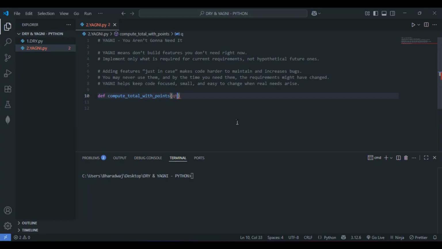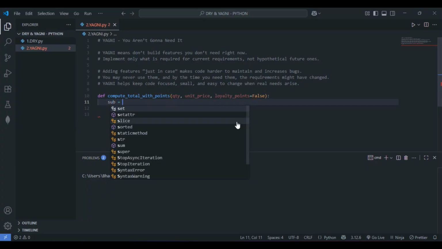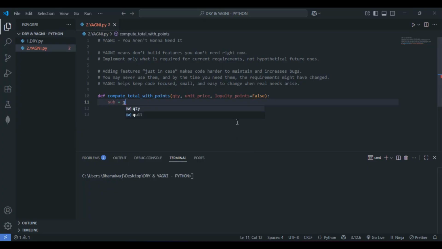Let me go with quantity here, this one will be unit_price, and let me go with loyalty_points here, with the boolean value False. Now I'll consider sub, nothing but the subtotal. So this will be quantity into unit price.